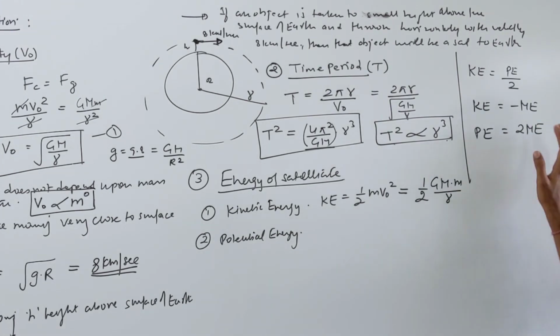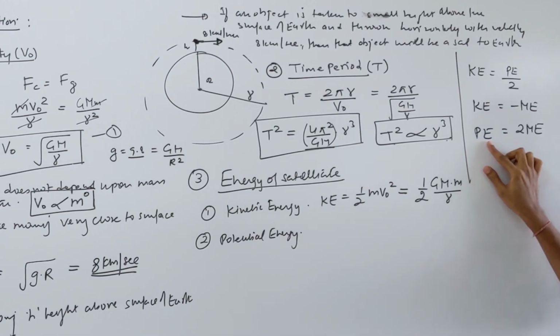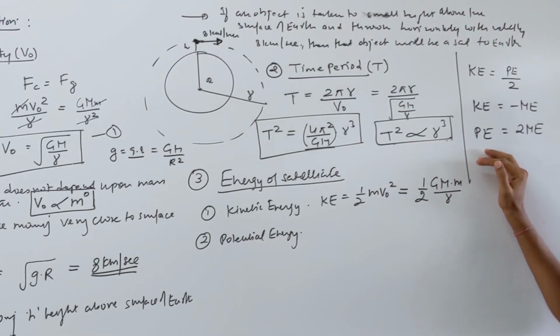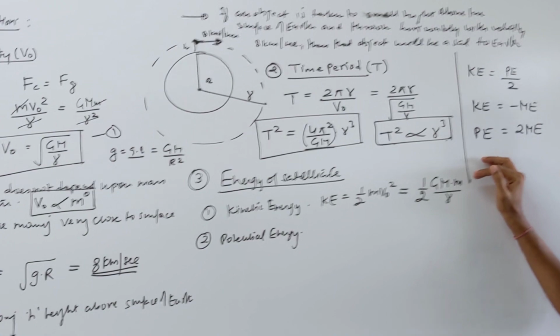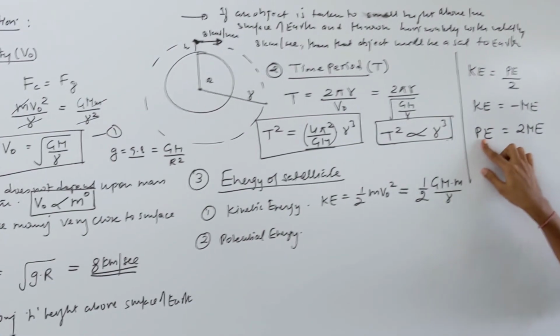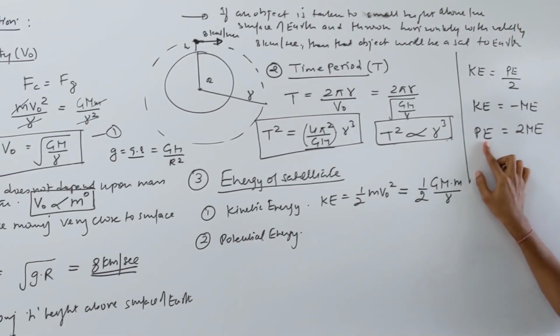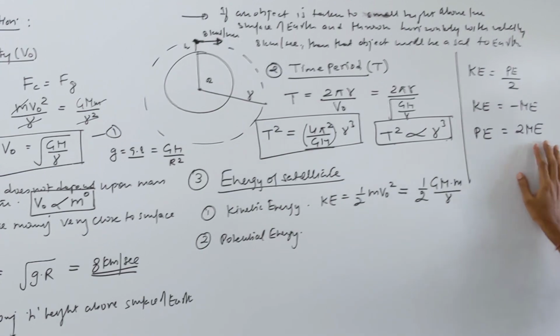Yes, give attention here, people confuse here. Mechanical energy is total, which is kinetic plus potential, but I am saying potential is double of mechanical, right? Why? Because mechanical and potential are negative energies in real, okay? So potential is double of mechanical, which means it is more negative in real, okay? So mechanical is big only, you don't need to worry.